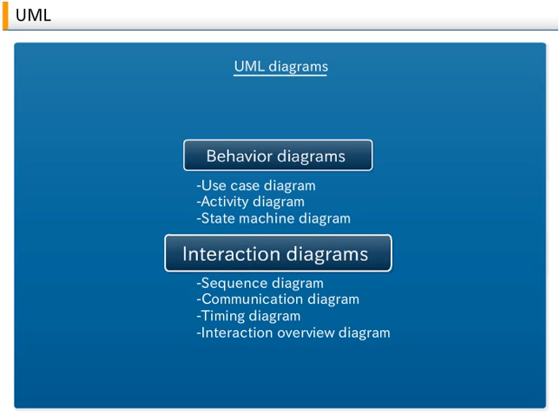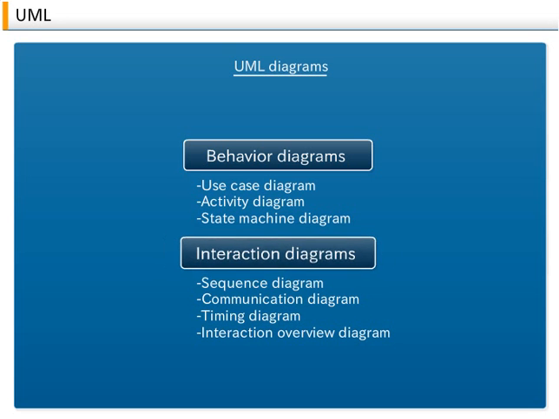Interaction diagrams indicate control sequences and object handover procedures: Sequence diagram, Communication diagram, Timing diagram, Interaction overview diagram. Let us now examine in more detail the features and uses of the most commonly used diagrams,